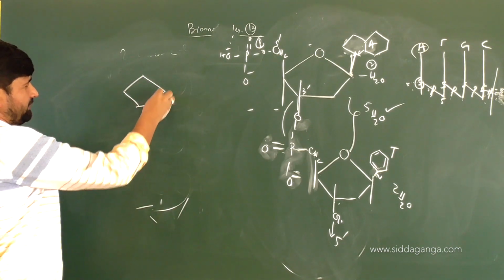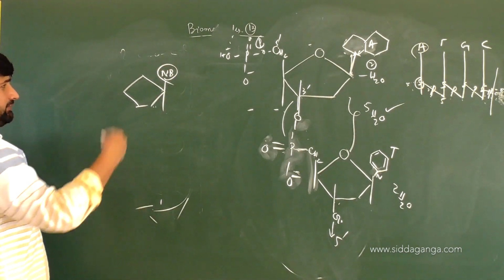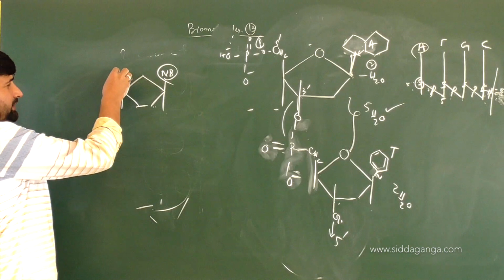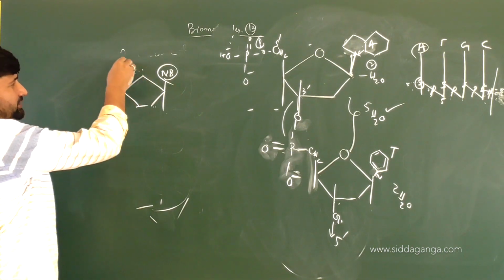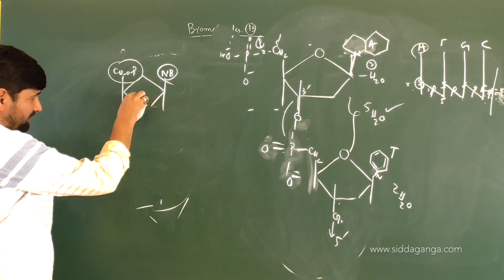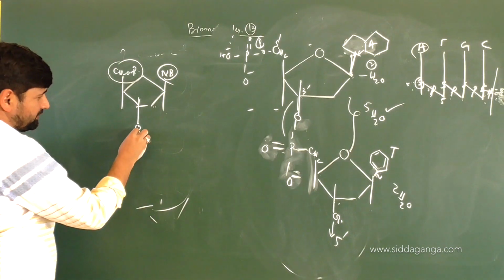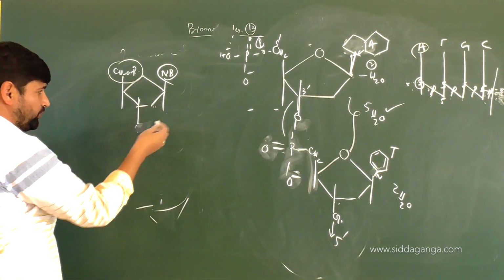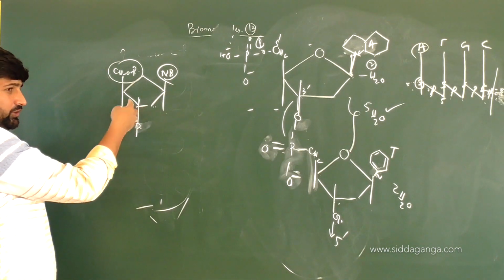I'll draw it short now. This is the nitrogenous base, whatever the nitrogenous base is. This will be CH2OP, the phosphate group. Let us not mention the P double bond O and so on. This is which end? The 3rd end. Linked with what? Oxygen, through phosphorus. I'll not mention O and other things here at all. I'll mention directly P, OH and OH, water molecule removed.